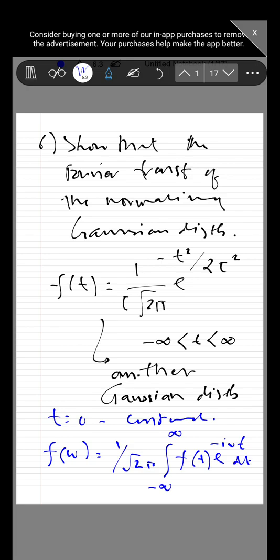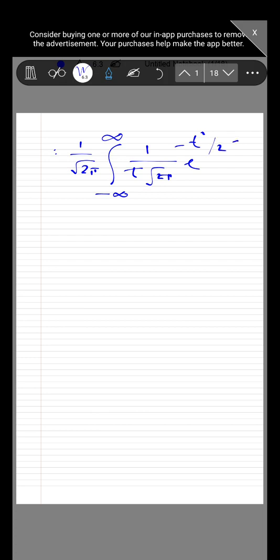This is the Fourier transform, and so if we expand it, it is 1 by root 2 pi, integral minus infinity to infinity 1 by tau root 2 pi e to the power minus t square by 2 tau square, e to the power minus I omega t dt,